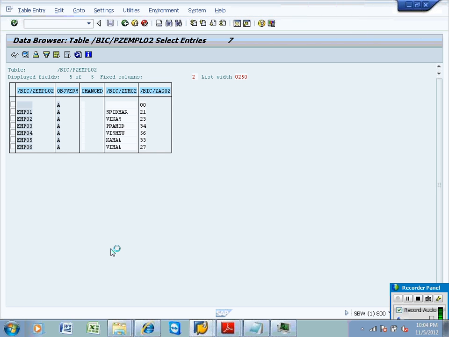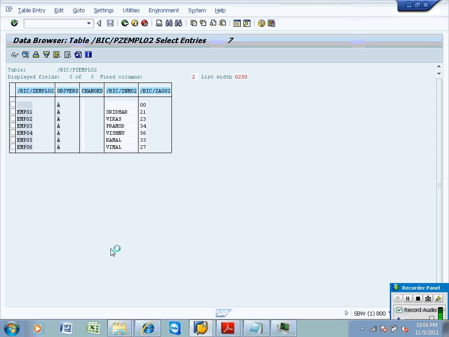So, if I generate a report on top of the info object, then we have the field called OBJVERS.